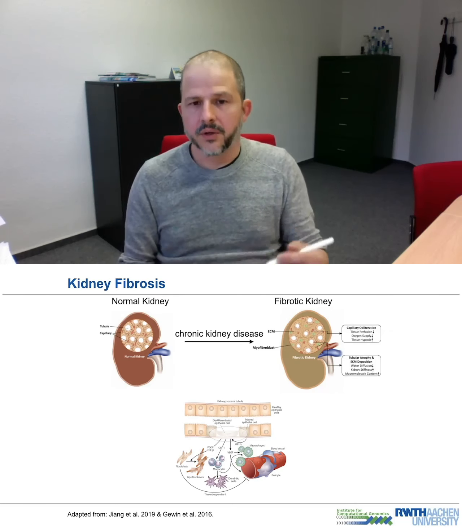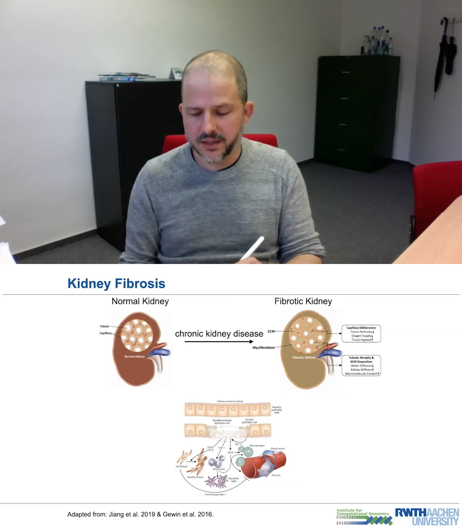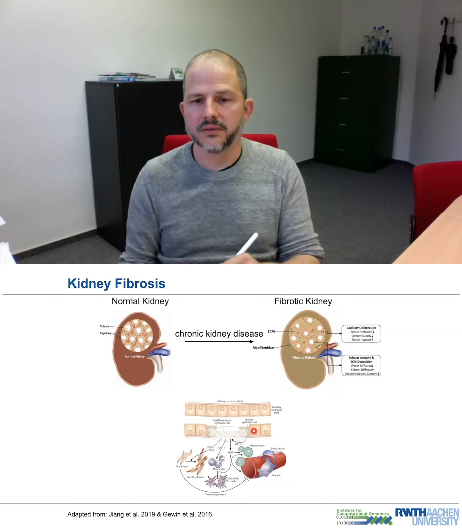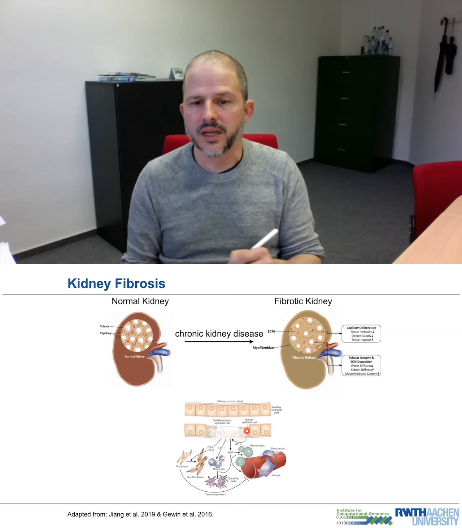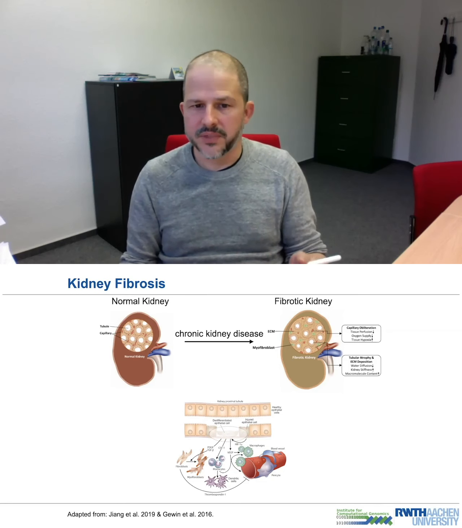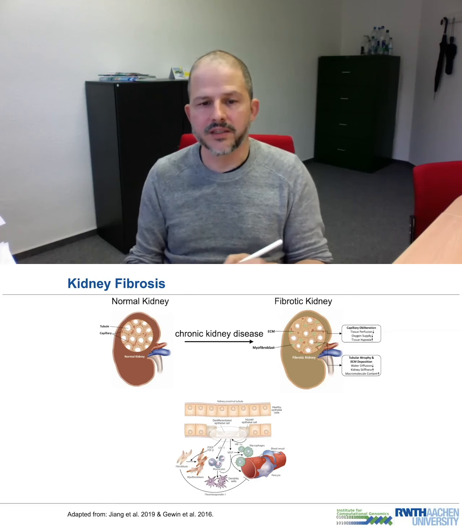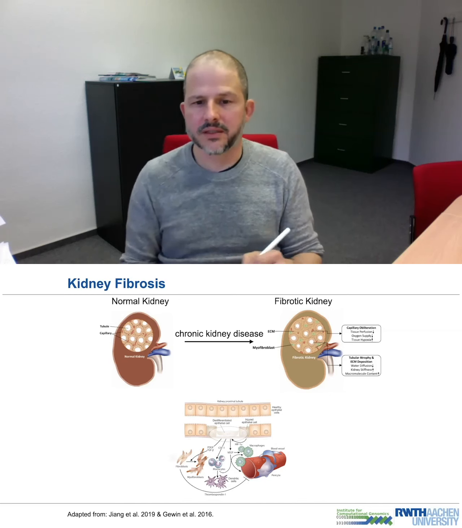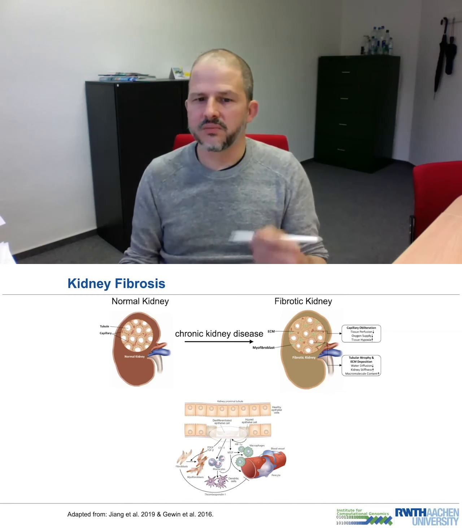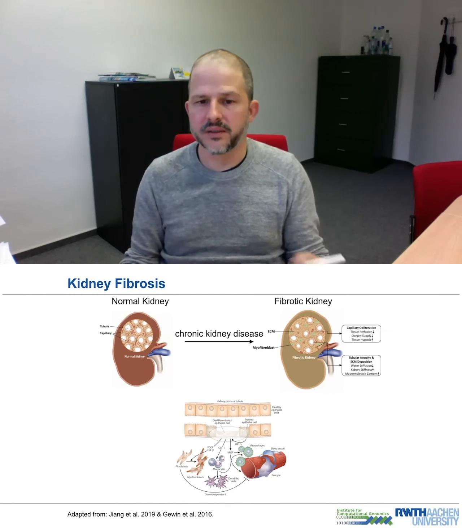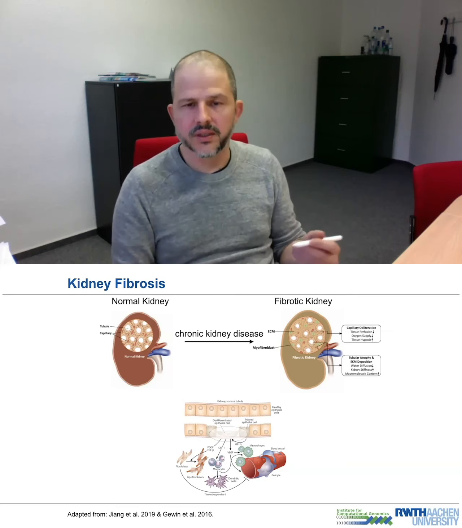And this process at the cellular level happens that, let's say, due to your disease, you're going to have injured cells, for example, these injured proximal tubular cells, and they are going to trigger some signaling. For example, they will activate fibroblasts into matrix-depositing myofibroblasts through, for example, TGF-beta signaling. But actually, the crosstalk is more complicated, involves also very different cells, and we don't have a full understanding of